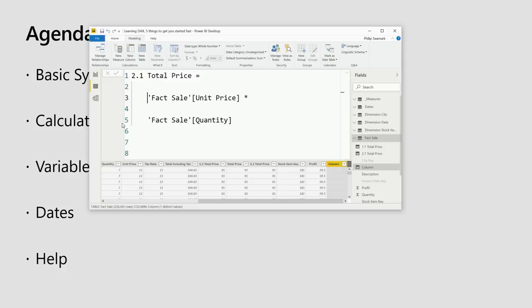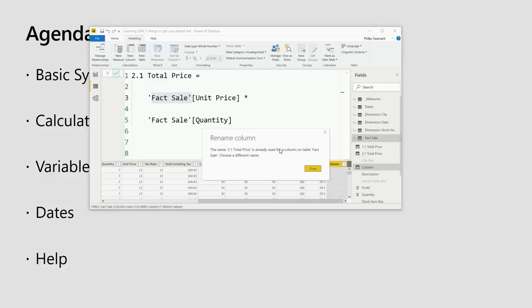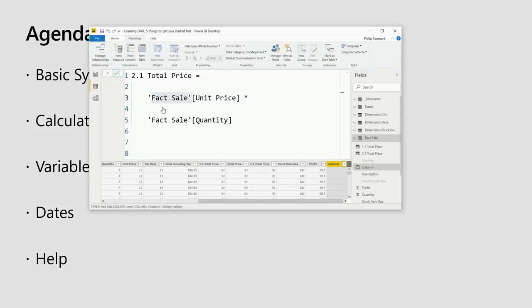So here we go, we're adding a column. We can see that we're using the syntax notation of the table name and the column name inside the square brackets, multiplied by this here. And when I go OK, it should say you've already got a column called that. I obviously didn't clean this out.